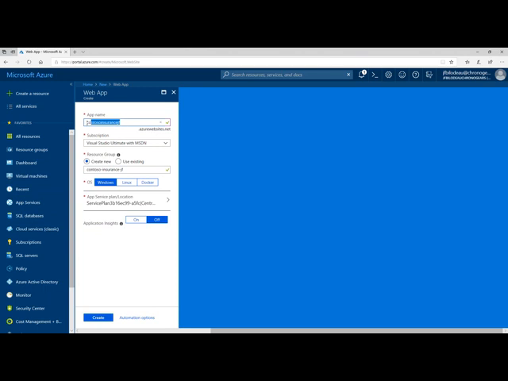So that said, I'm creating a web application over here. I gave it a name, a unique DNS name. Of course, if I wanted to, chances are I'll want to change it to a custom DNS name that I would choose, something with my own domain name, mycompany.com or whatever. Resource group, because it doesn't exist, I'm creating it right now, but following this, I will be reusing that resource group. Moving down,